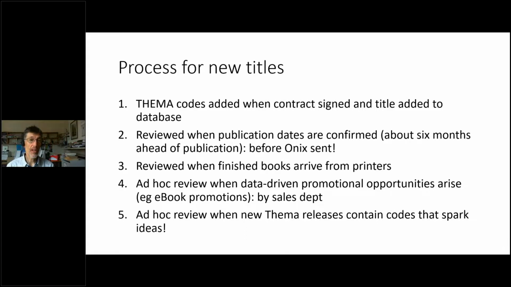We're also slightly later than PRH when it comes to sending our Onyx out. We would start about 6 months ahead of publication to make sure we stay the right side of BIC and of the booksellers. So at that point, we review the Onyx codes. My colleague Aoife, who's the person who actually ticks the Onyx button, will also look at them and see if there's anything missing. And then the last time it's reviewed formally is when the finished books arrive in from the printers, as part of my process, where I make sure we've recorded all the key data, the book thickness and weight and all that jazz. I check the codes as well. And at that point, often there'll be some minor revisions, hopefully.